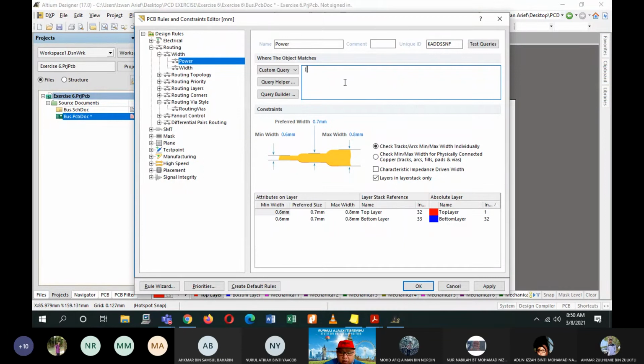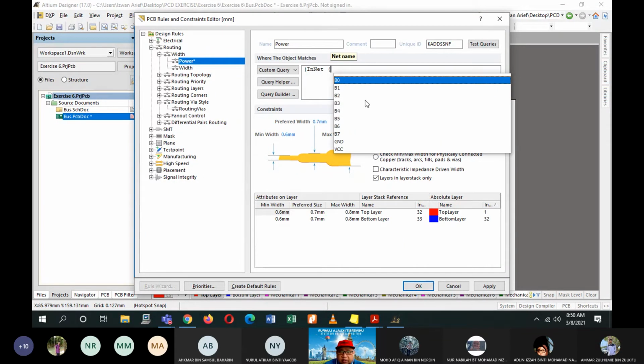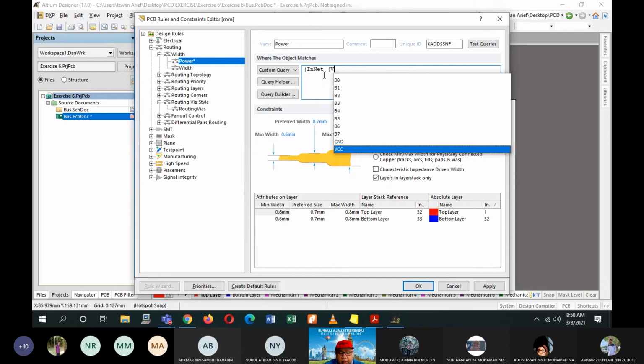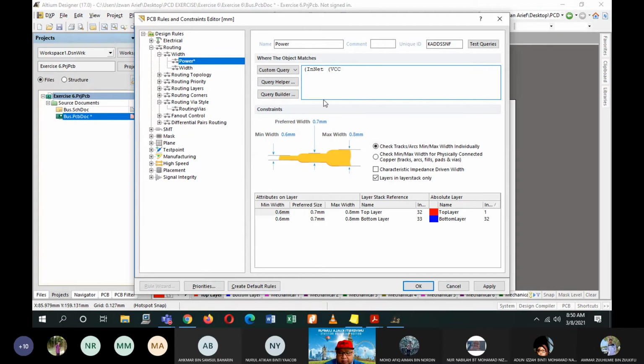Okay, so the rule should be innet. I'm using VCC just now. VCC.